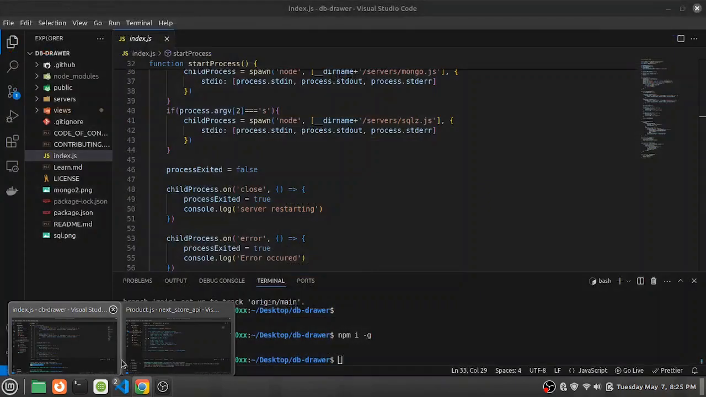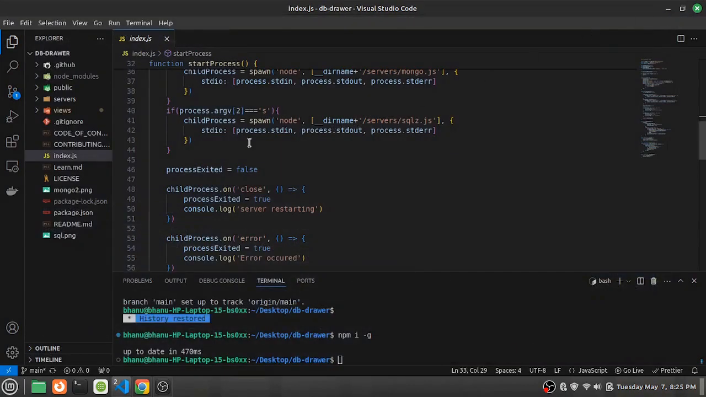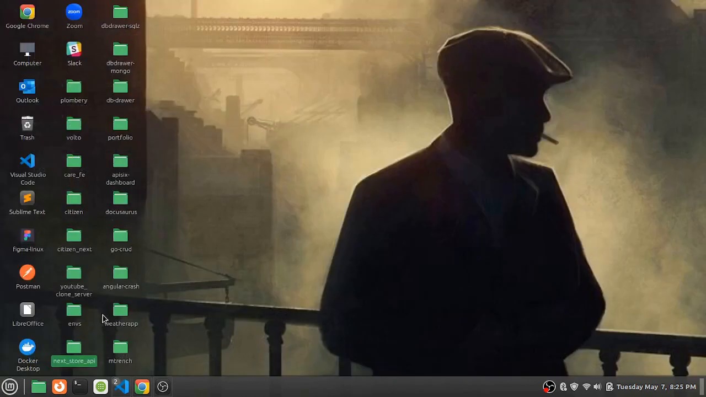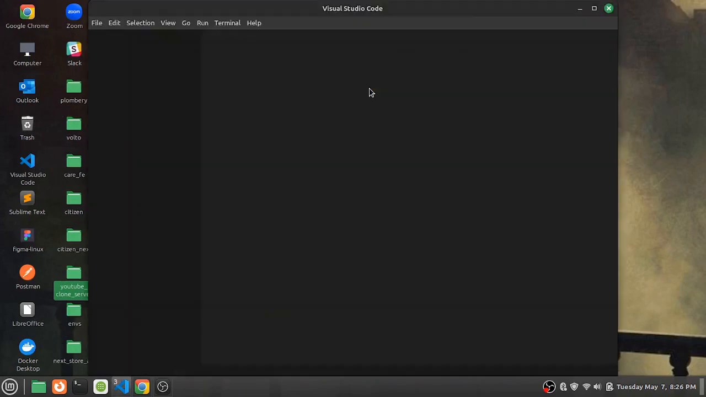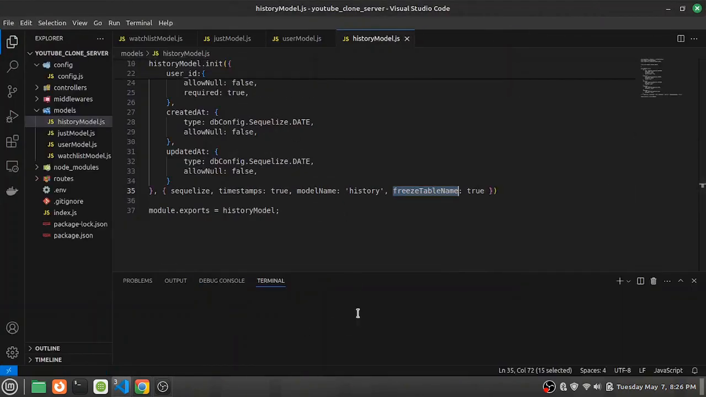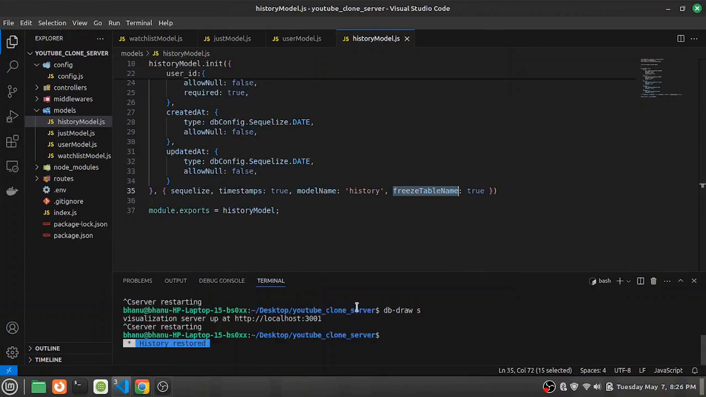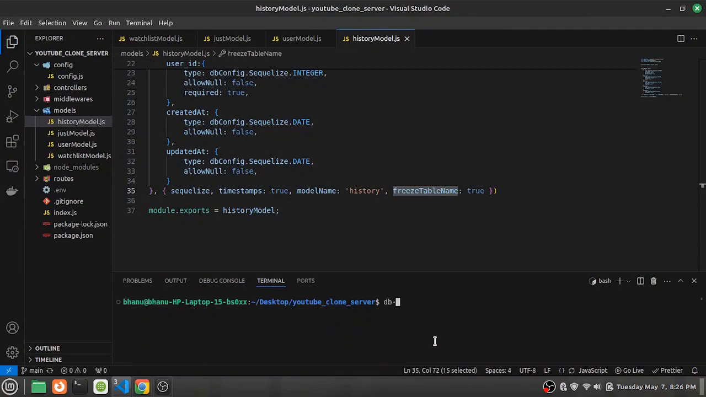Similarly, suppose you are working with Sequelize, let me show you. In this project I have used Sequelize for creating my tables. The same method applies here. You go and npm install globally db drawer. For Sequelize we type db draw m for Mongoose and db draw s for Sequelize ORM. If you hit enter here,